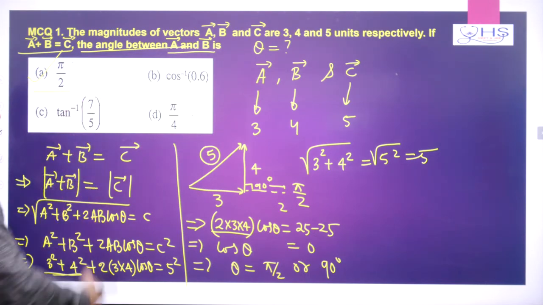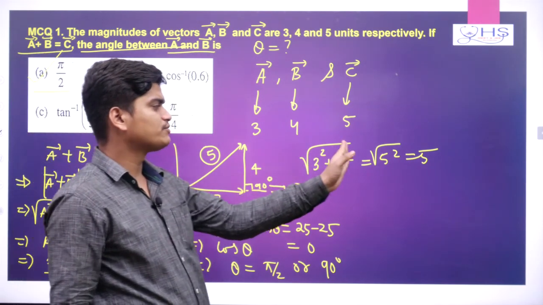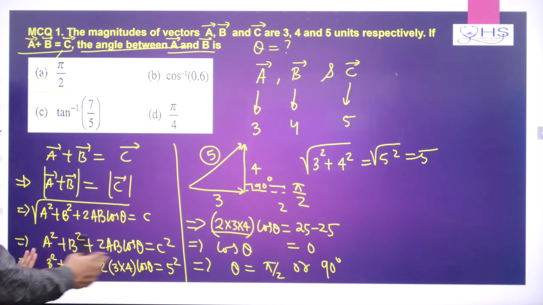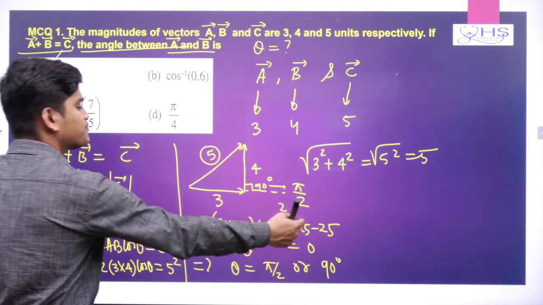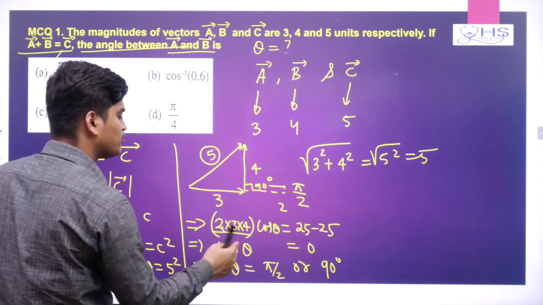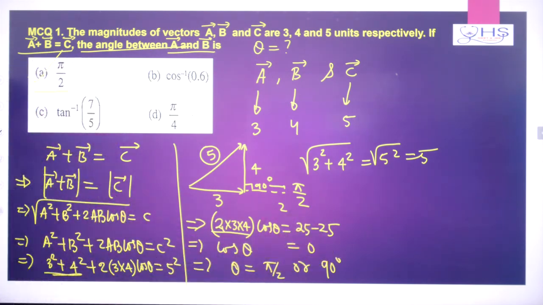So you can do it easily this way, otherwise you can approach it this way also and get the answer. Okay, now come to the next question. So here, simply I took magnitude on both sides, then squared both sides, then 3 square plus 4 square is 5 square again, then 5 square minus 5 square means 25 minus 25 is 0, and this one will go to that side and it will become 0. So that's why cos theta equals 0, so theta equals pi by 2 or 90 degrees.